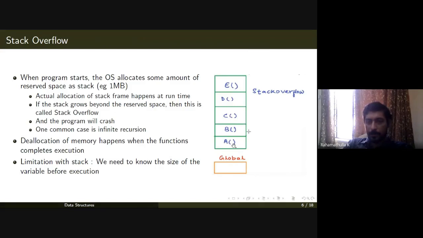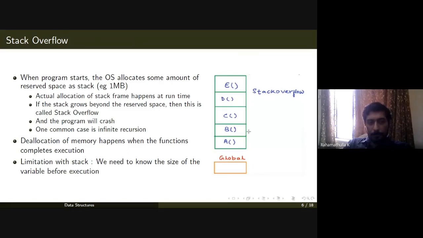So this entire stack will get consumed. So that's one common error in case of infinite recursion. But there are systems and compilers which identify whether it will go into a stack overflow, so that's not an issue.